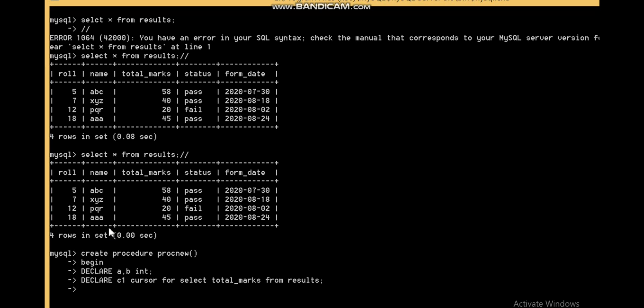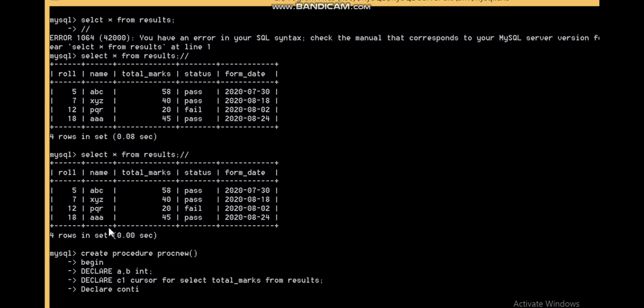So for that we have handlers, just like we have exception handling in conventional programming languages. In PLSQL we have the concept of a handler. So we will declare a handler over here,